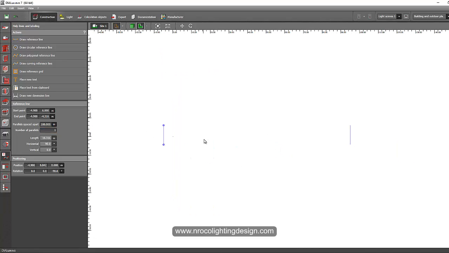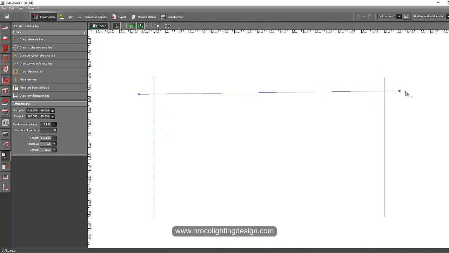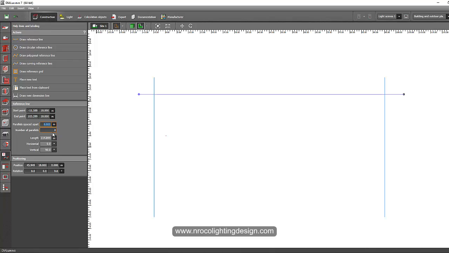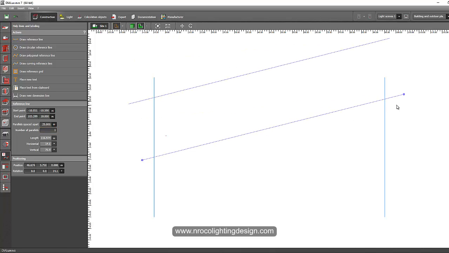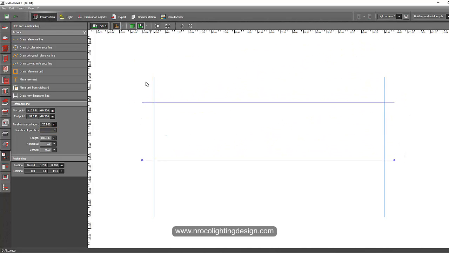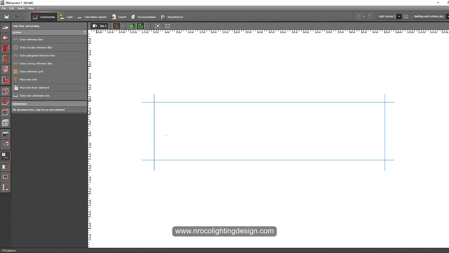And where is it now? Okay, it's there. And I need one more reference line for 25 meters. Just type it there and then say 1. Okay, so it will look like this. So now I have guidelines for 25 by 100 meters.